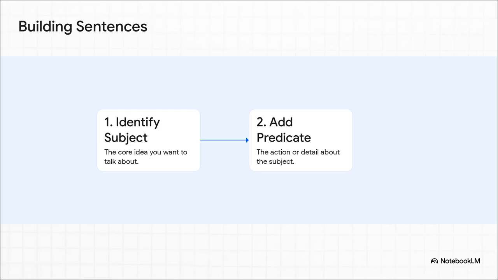It really gives you a simple two-step method for being clear. So when you're writing, first, just identify your subject. Ask yourself, what's the one core idea I want to talk about? Get that part solid. Then, step 2, add the predicate. What about it? What is it doing? What detail do you want to share? Subject first, then predicate. It's like a recipe for clear communication. In fact, if a sentence ever feels kind of tangled or confusing, it's usually because the subject is buried or the predicate isn't clear. Seeing the blueprint helps you not just build sentences, but fix them too.